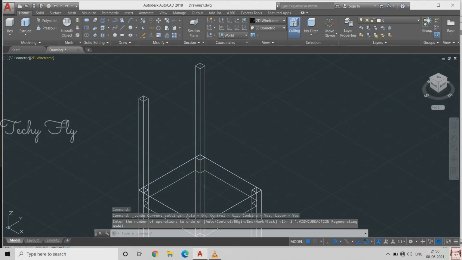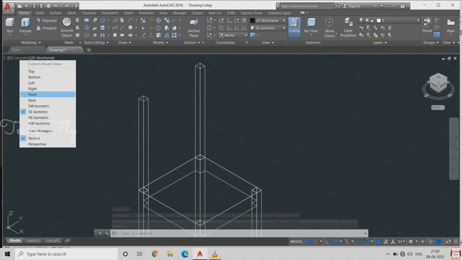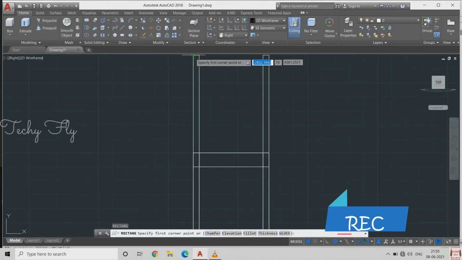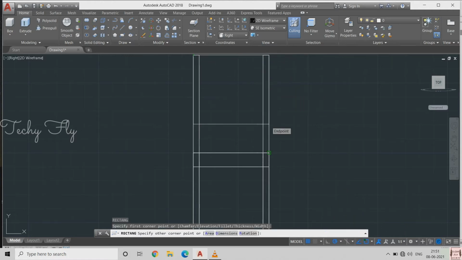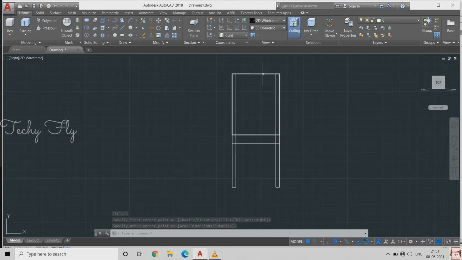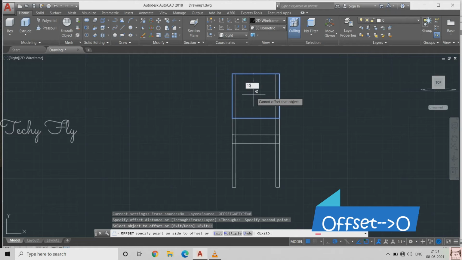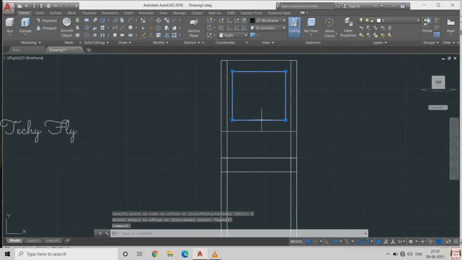Change the view cube from southeast isometric to right face to design the upper part of the chair. Take rectangle command REC, leave the second point as shown on the screen. I am not taking any specific values because I don't know the correct values of that reference chair. I am just randomly giving these values and adjusting the size of this rectangle. Take offset command O, click on the rectangle, give a value like 10 mm, but I am not satisfied with this offset rectangle size, so I just rearrange the sides of this rectangle.